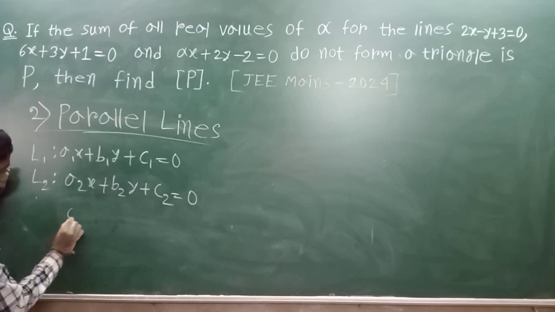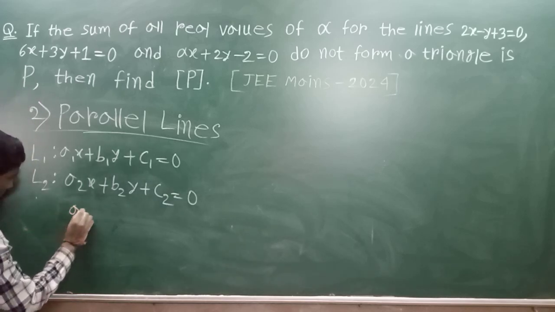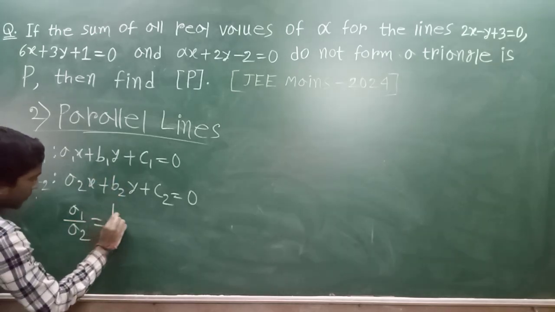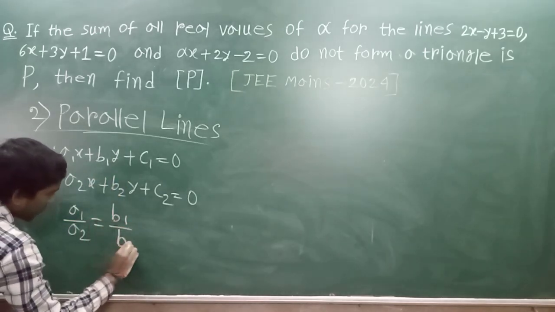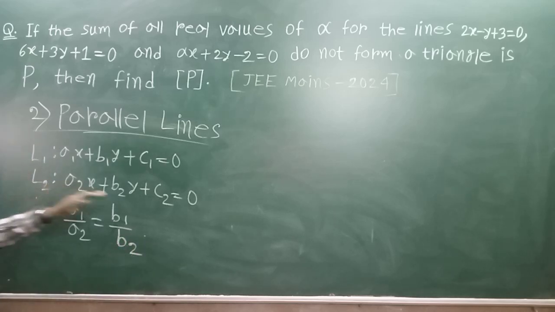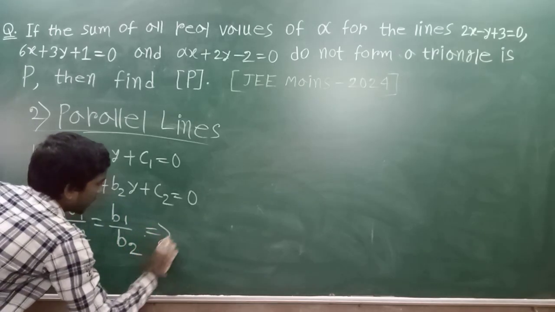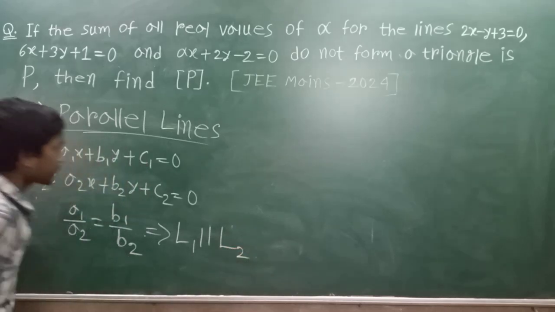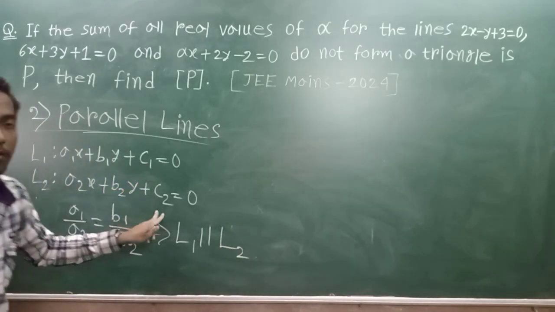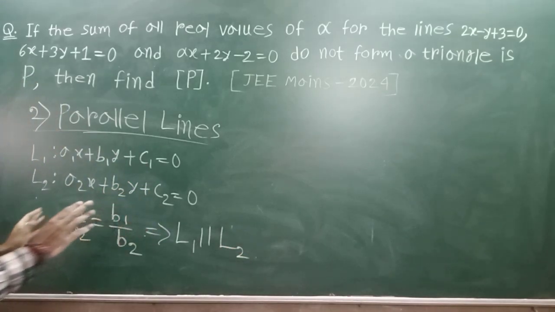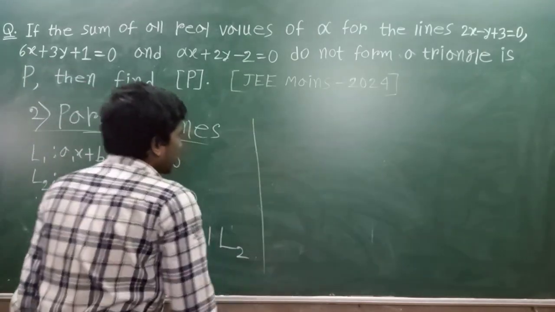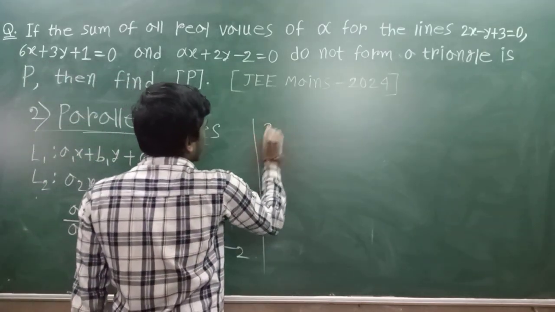That means if A1 by A2 is equal to B1 by B2, then we'll say these lines are parallel. Okay, L1 and L2 are parallel lines. And if it is equal to C1 by C2, then obviously these two lines will be identical. Okay. And the third concept is